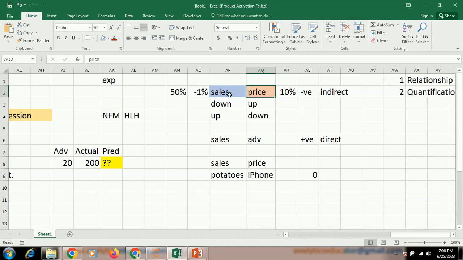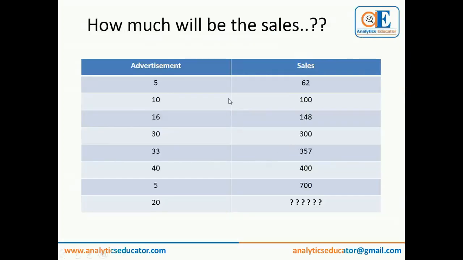So we will call sales my dependent variable, which depends on price, whereas price is my independent variable, which does not depend on anyone. All right. Similarly, over here, sales is my dependent variable and advertisement is my independent variable, which influences the sales.